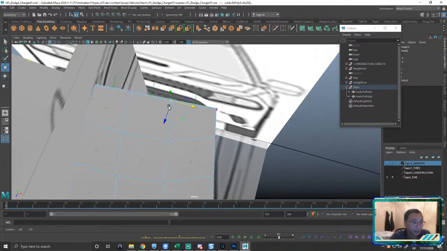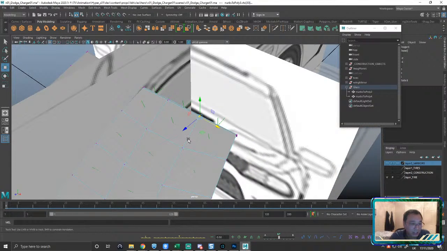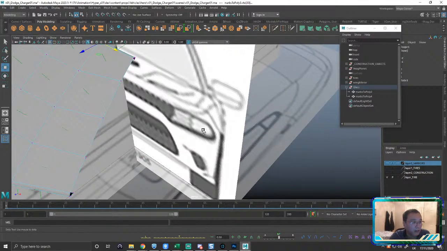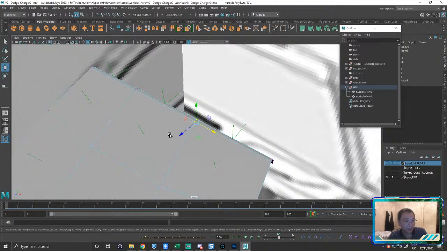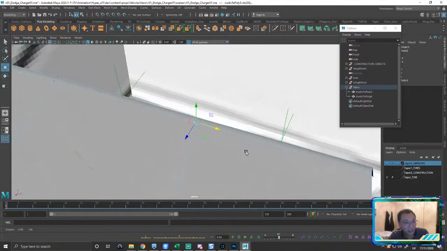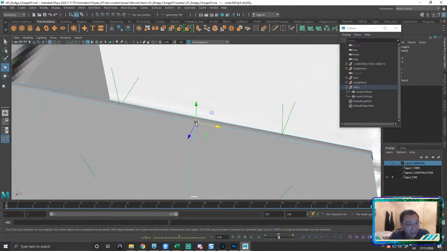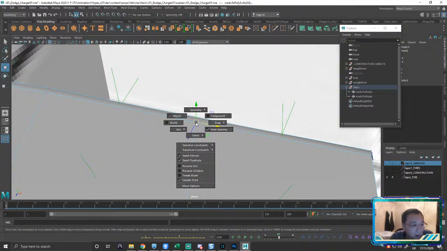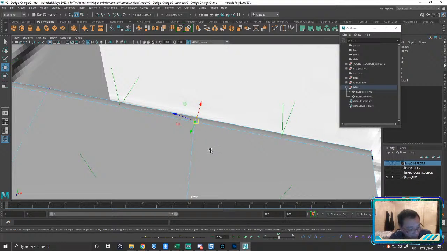So if I come over here and I've got that selection, let's say I want to move it along, whoops. Whoa, a little bit of mouse lag here. There we go. Okay, so let's say I want to move it along a different axis than the world axis. We've got object axes, but I can also go component axis, which is pointing in an unexpected direction.